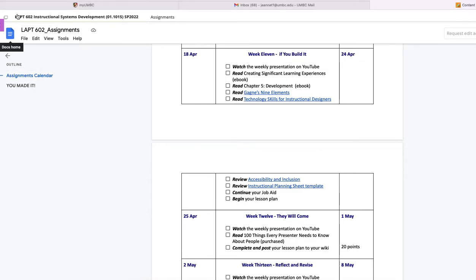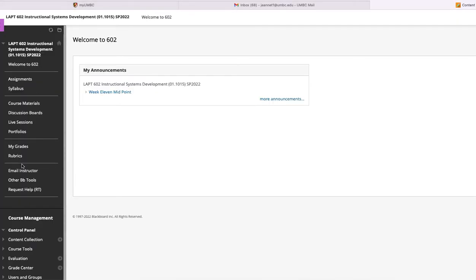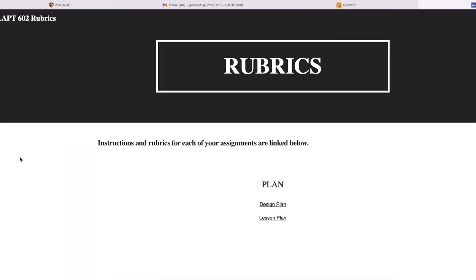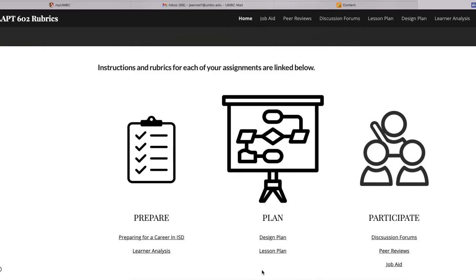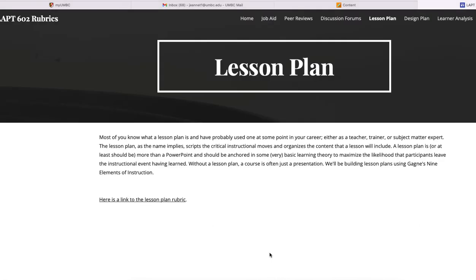But let's just take a look quickly at the assignment sheet for lesson plans. So I'm going out to our rubrics website, and here we have your lesson plan. So most of you have probably used a lesson plan at some point in your career. Either you wrote one, or you've been a teacher, or you've been a trainer, or you were consulted and asked to run an event as a subject matter expert. And so you've seen a lesson plan, or at least hopefully in theory, you know what a lesson plan is